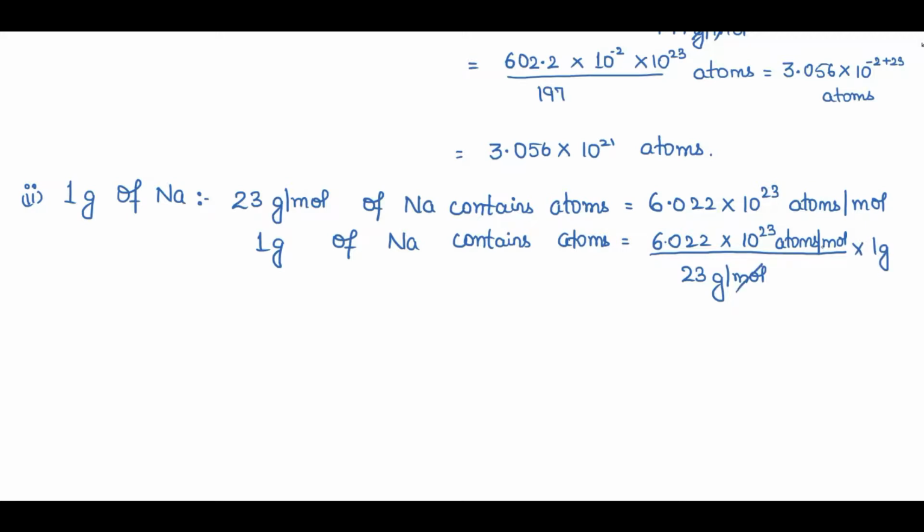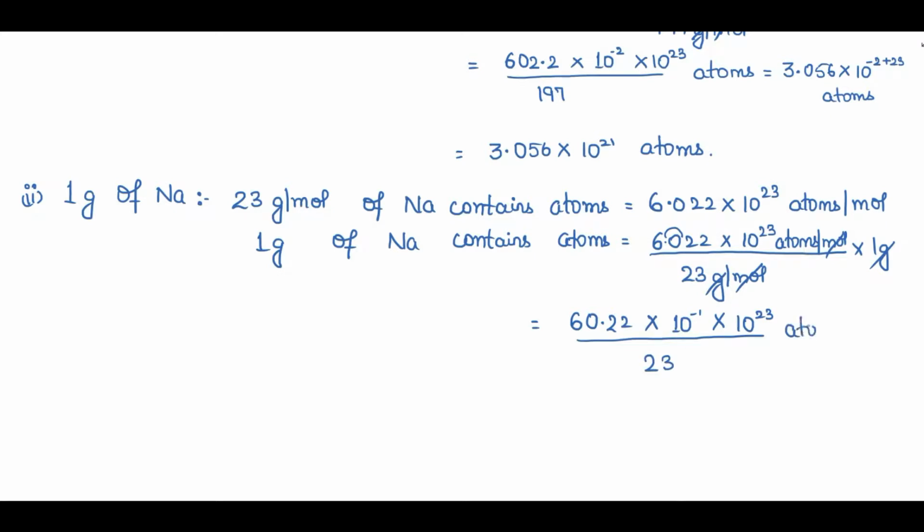So I'll cancel this mole with this, gram with this. The value in the denominator is higher than the value in the numerator. So what I'll do, I'll simply convert this value into a higher term, right? So I'll displace this decimal from left to right up to 1 digit. So the final value will be 60.22 into 10 raised to power minus 1, because we are displacing this decimal from left to right. So definitely I'll have the power in negative, into 10 raised to power 23 divided by 23,